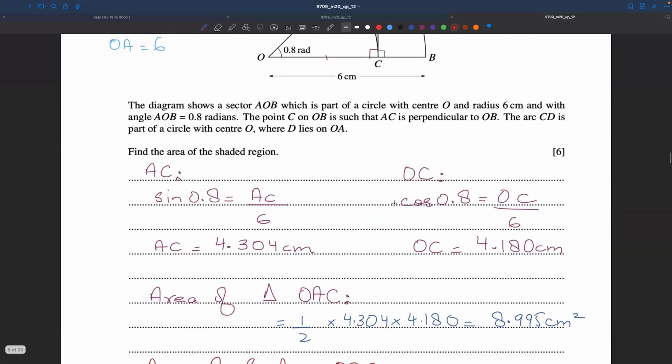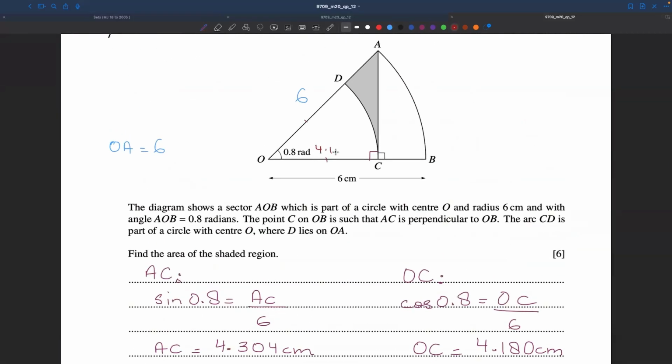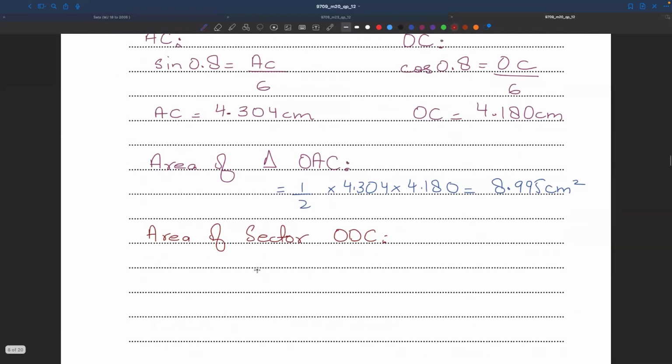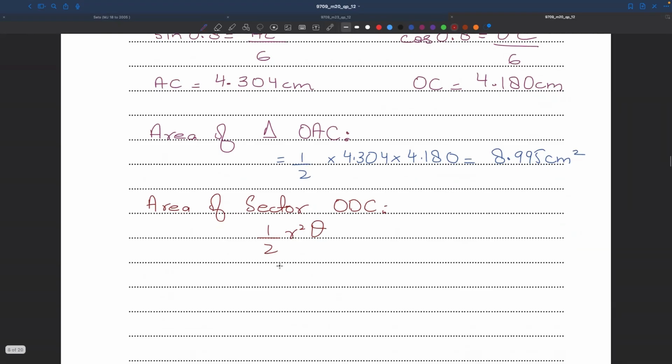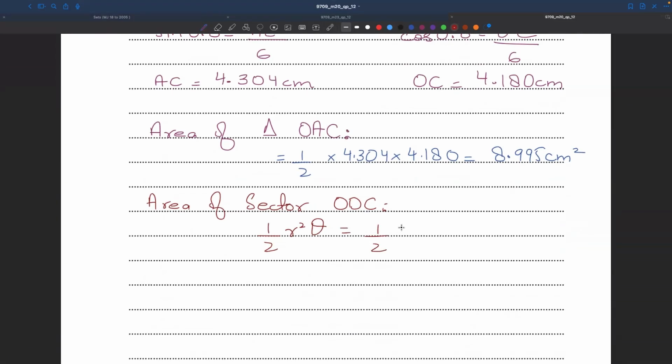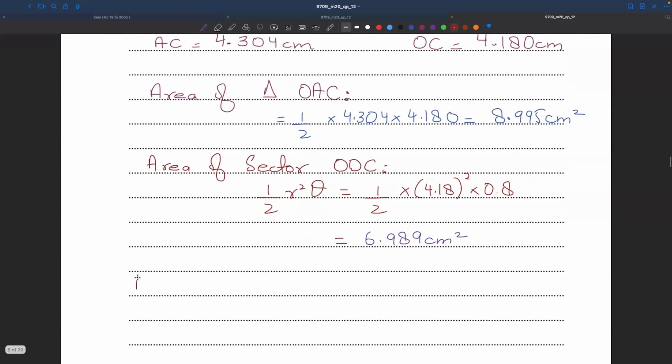In this case, the radius will be 4.180. And we know half r square theta, so 1 upon 2 r square theta is the formula. So 1 upon 2 into 4.18 whole squared into theta, which is 0.8. What is the area of the sector? 6.989 cm square. Finally, you will write area of shaded region is equal to